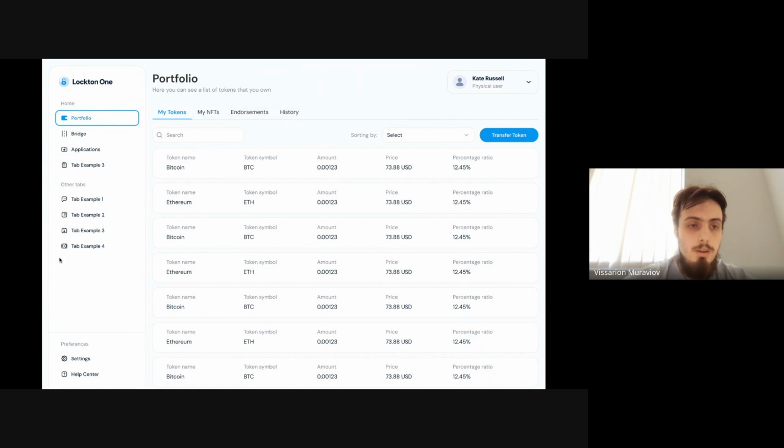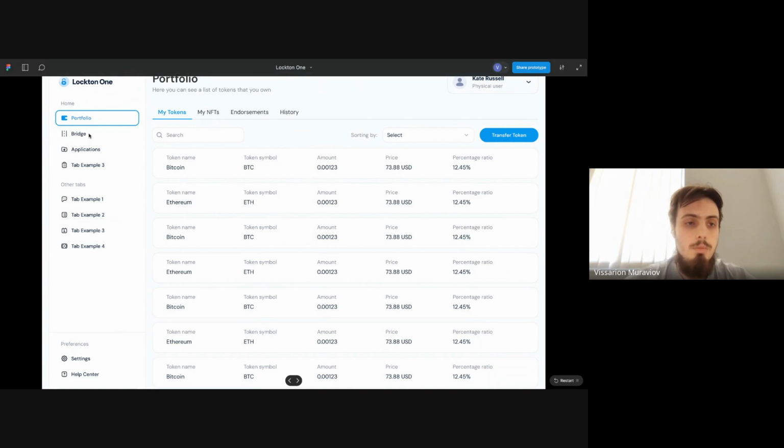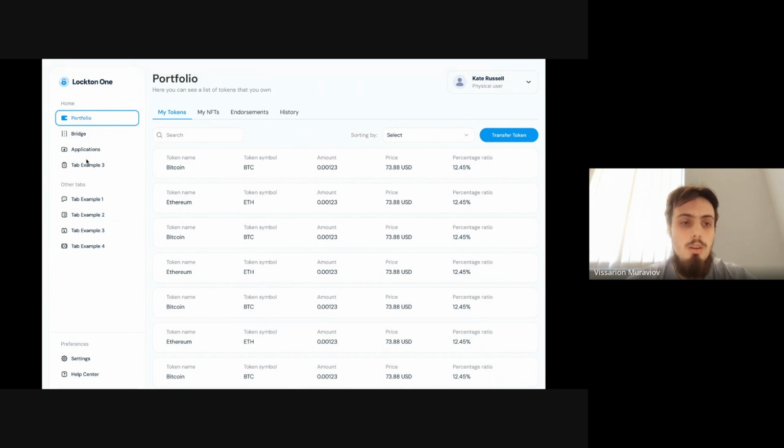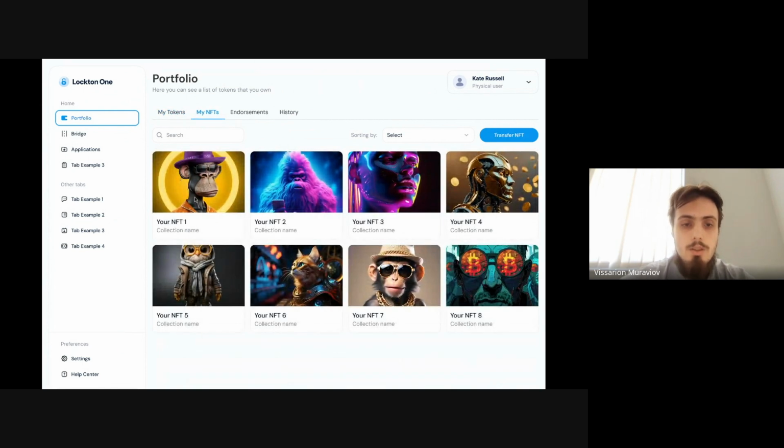On the left sidebar, we can see some tabs like a bridge, application page, and here we left some example tabs for the future improvements, etc. Let's see what is my NFT page. It's the same as with ERC20 tokens. We see our collection of NFTs. The page of endorsements and history is the